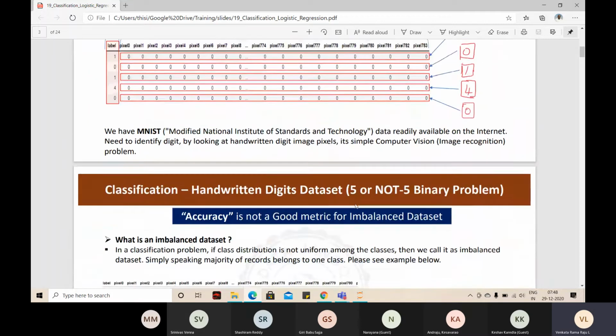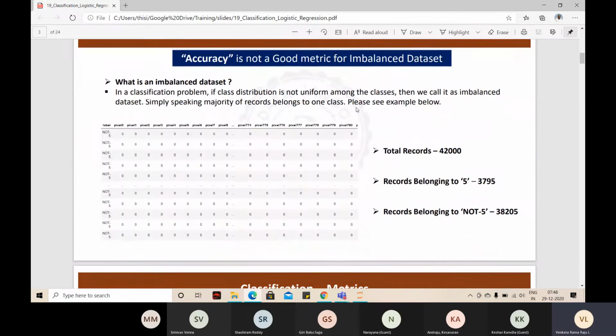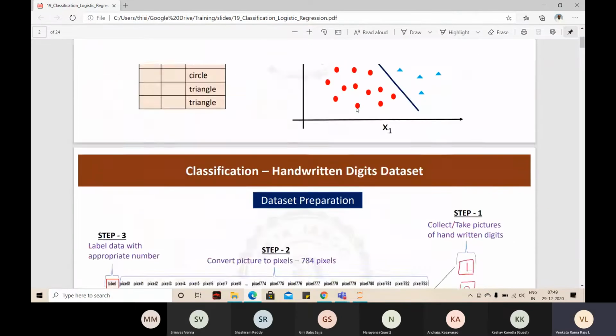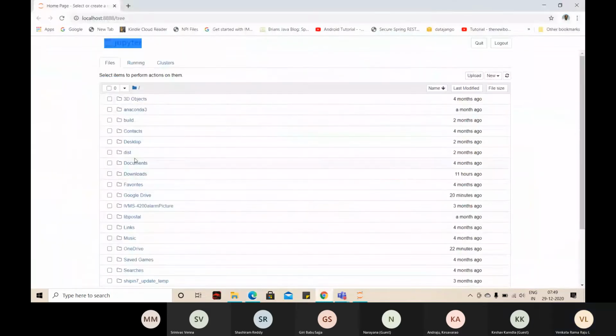Okay, so we'll talk about that in deep learning. It's a data distribution problem. We'll talk about that then, along with synthetic data creation and all that concept. Any other questions? Okay, let me jump into the code and show you